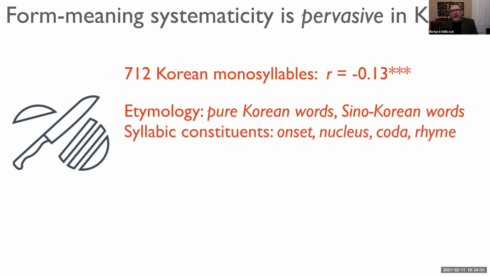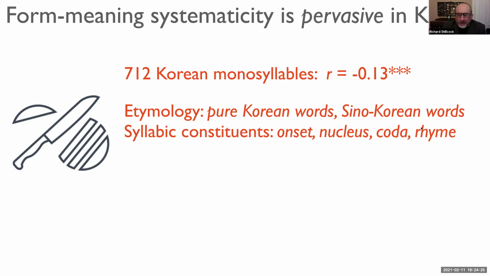We took out just the syllabic constituents. So for the word cat, the onset is a k, the nucleus is the vowel, an a, the coda is t, the rhyme is at, and so you can just put a wildcard in for all the rest of the word there, and you find it still works. So there's still a relationship between all of the words that just start with k. It's a small one, but it's still there.